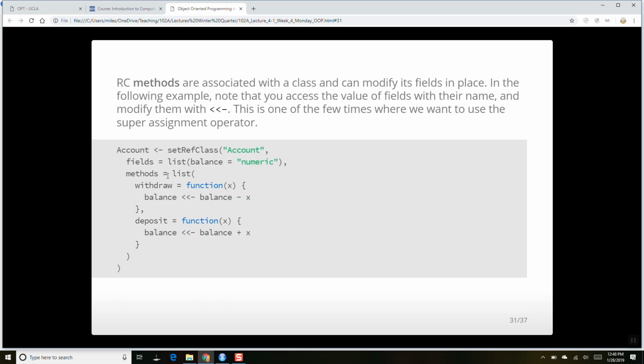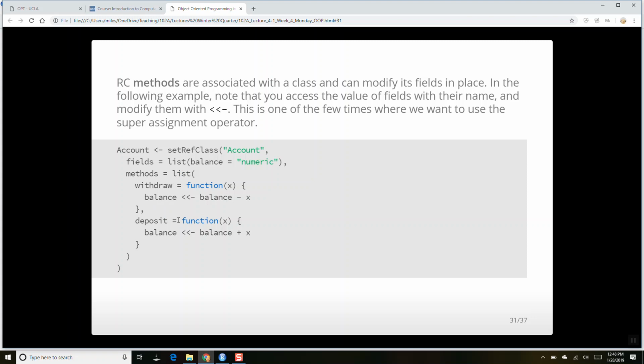Okay, so here methods is a list, and the reason why we use super assignment here is because the way a reference class object works is that the object is actually an environment which contains its own things. Think of it as its own environment, a sandbox. We have a variable called balance, and it has some number, 200 or 100, whatever it is. Inside this environment, I'm creating 2 functions, one called withdraw and one called deposit.